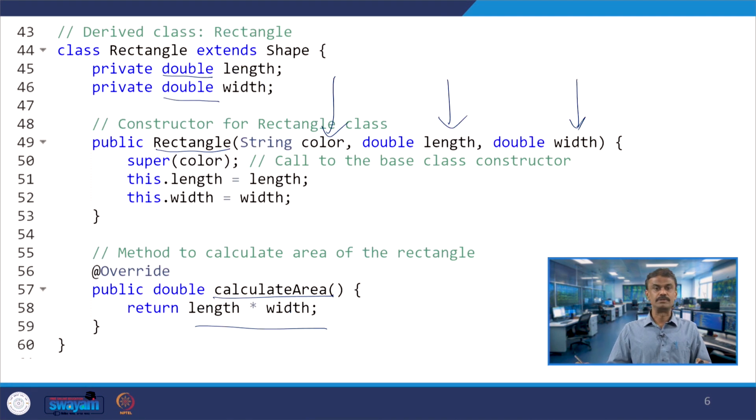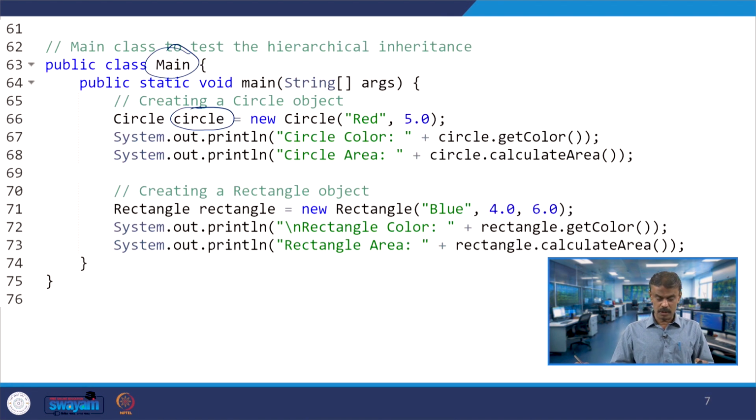Circle object, you are passing what? You are passing red and 5.0, right. So you are creating an object of the capital C Circle class, and you are calling this constructor. Dynamically you are allocating memory with the new operator and calling this circle constructor by passing 2 arguments, a parameterized constructor, red and 5.0.